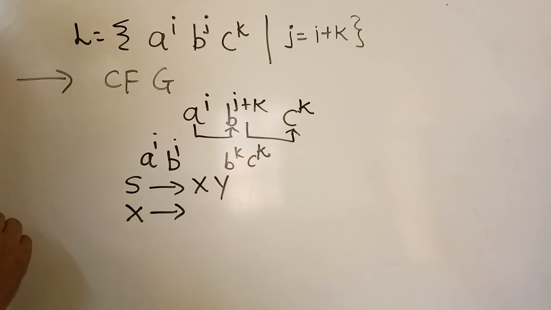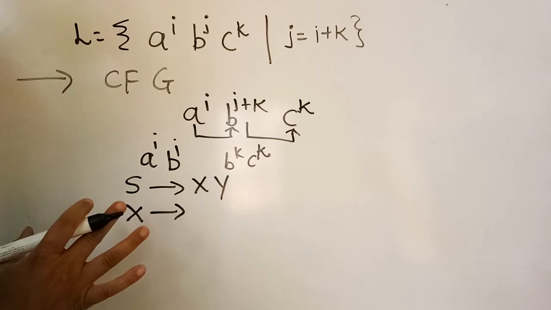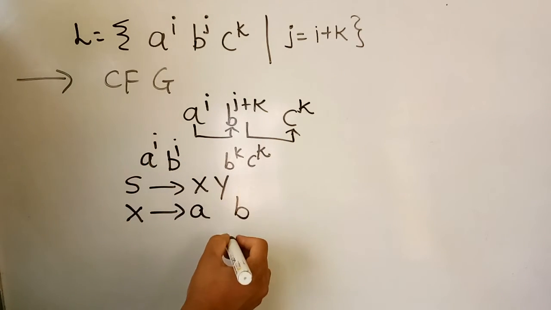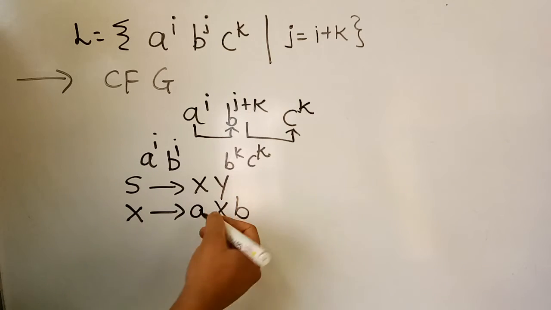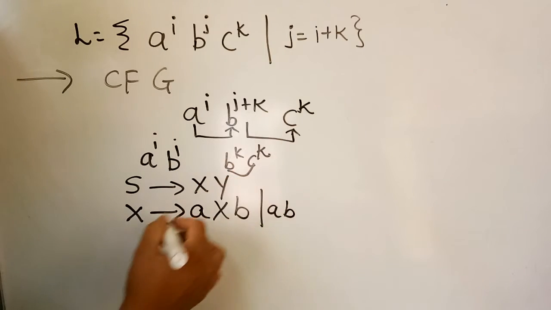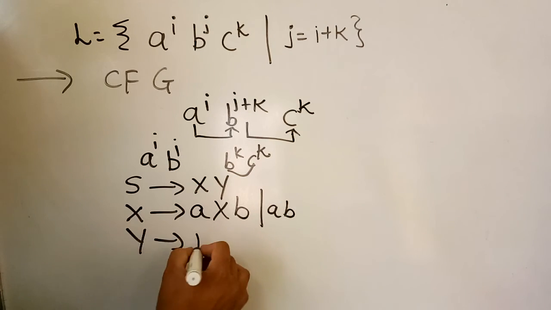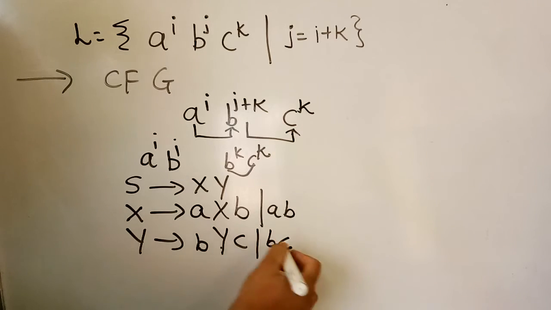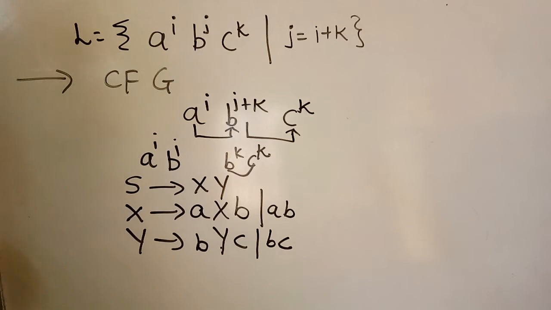For such a case, we can take another grammar, that is A will be there, B will be there, but it is a combination of multiple times. So X will be again replaced with AB. And for BC, again recursion is there, and we will finally replace this B with BC. So this is the solution for the term A raised to I, B raised to J, C raised to K, where J is the combination of I plus K.